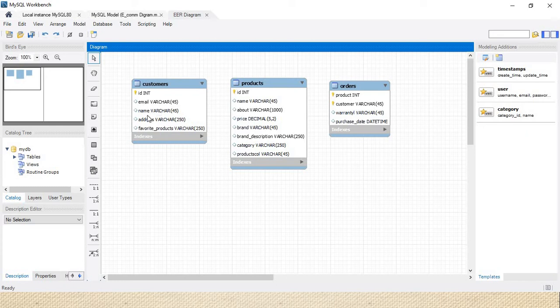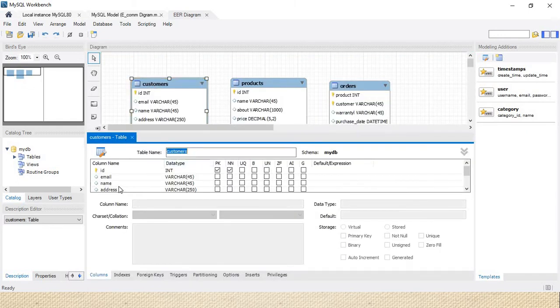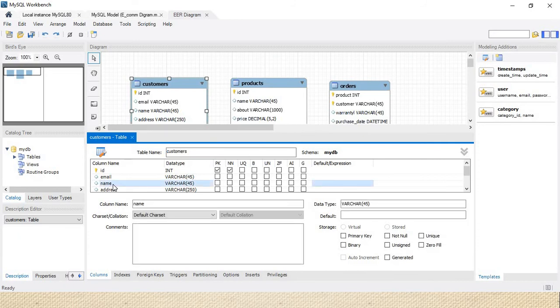Third one, does the name follow the rule of normalization? The answer is no. Why? Because the names are in the form of first name and second name, so we need to change this. Make a note of that. So what should I do? I will go to the customer table and use this name as f underscore name, or we can use first name. This is about the first name.